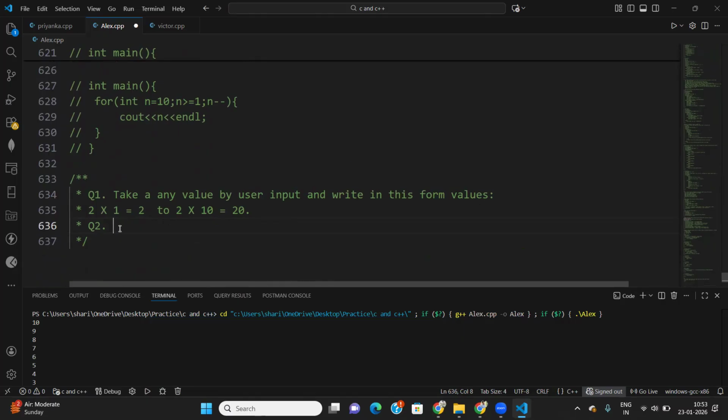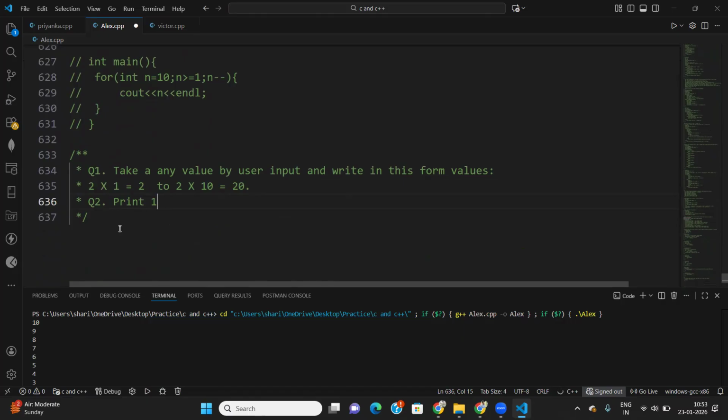Print the values 1 to 100, but only even numbers. What I want to do here is only even numbers. Print 1 to 100, but only even numbers, not the other numbers. Got it? Okay. These two questions are also assigned only to you. Just solve this and practice this one, because without practice